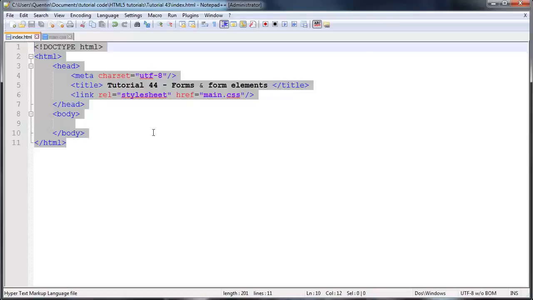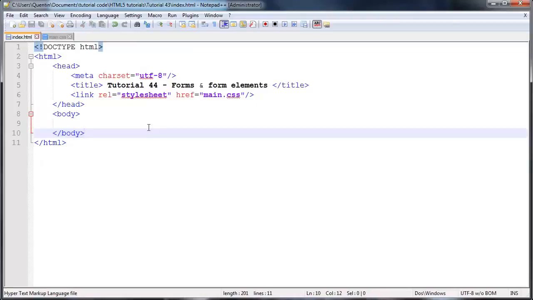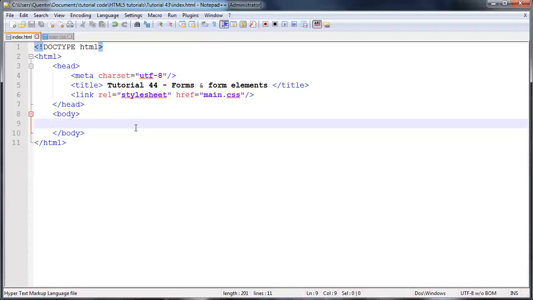But as soon as we use JavaScript or PHP, then we're able to handle that data and actually do stuff with it, like store it in a database or email that data over to someone or something like that. Okay, so yeah, that was just my introduction to what forms are all about, and let's actually get